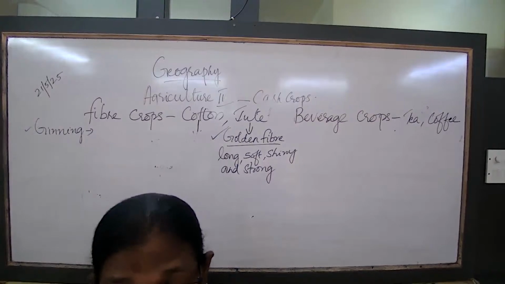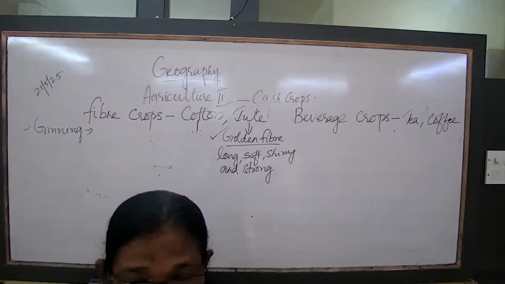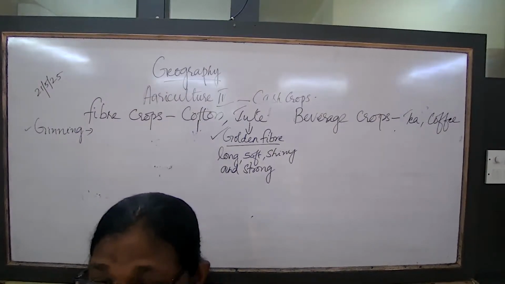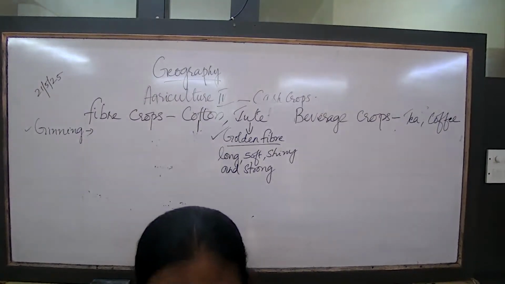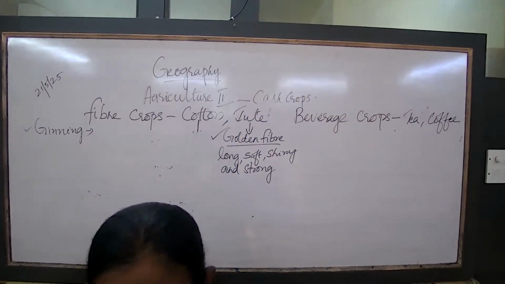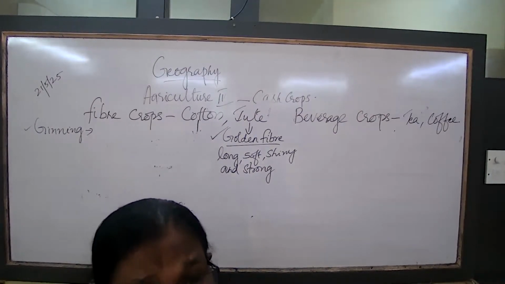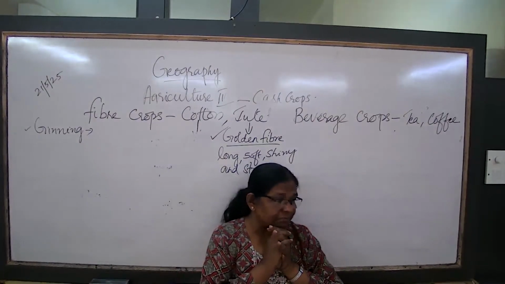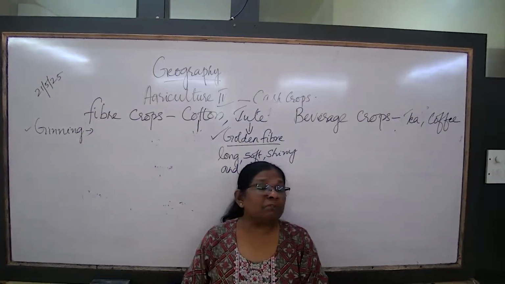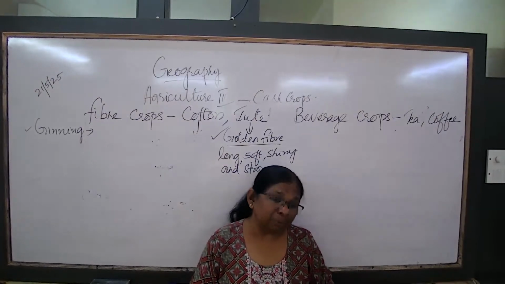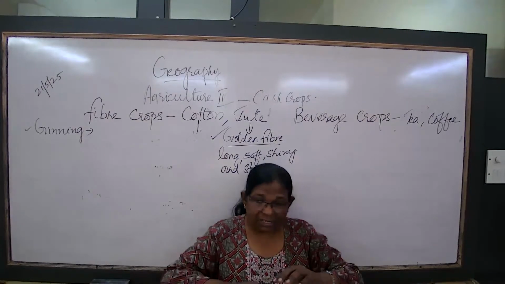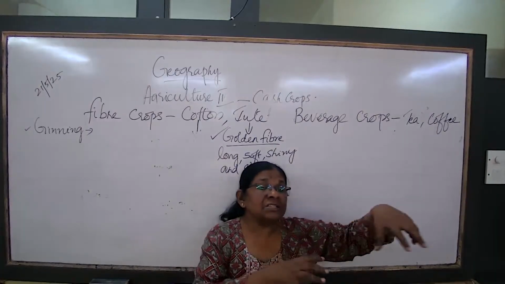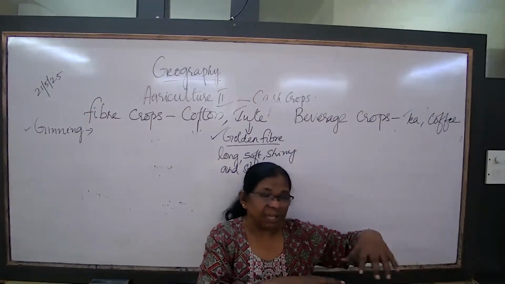Now, after the partition, this went to East Bengal at that time, present-day Bangladesh. But at the same time, the industries remained in India. And within a short time, we had to develop this jute to feed the industries. That is why some inferior qualities of jute had to be grown. Did you understand? After the partition, this went to Bangladesh. Industries remained in India, that is around the Hooghly region.